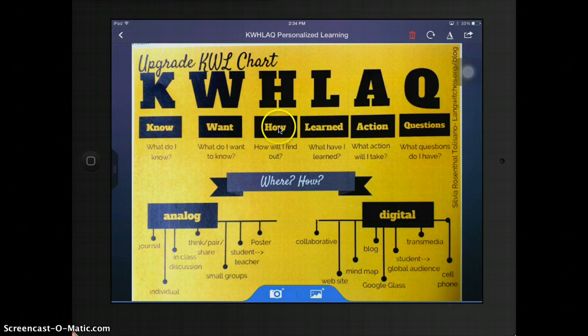Think about, how would I find that out as a student? And then what have I learned? What will I do with that? And what questions do I have? So we're going to use this to use the differentiator, but I also want to point out our move from